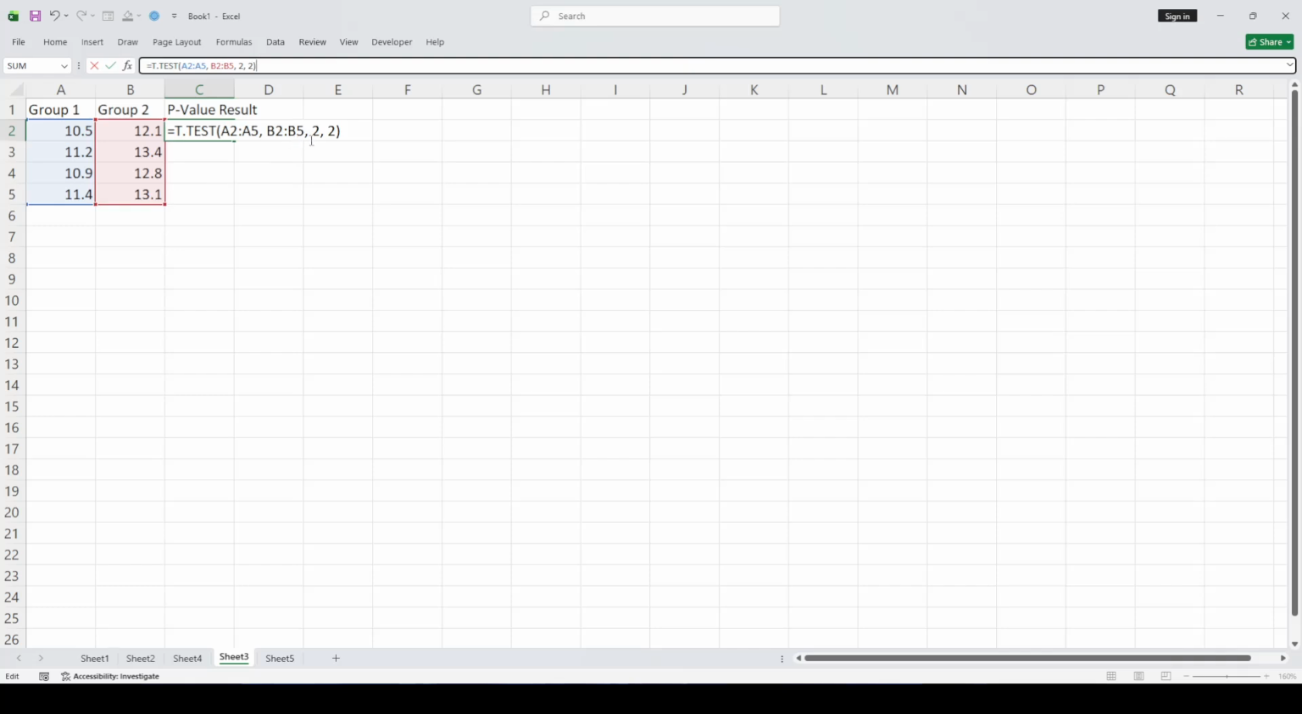After the two ranges, the next number is 2. This value specifies the tails of the test. When you use 2, Excel performs a two-tailed t-test, which checks for differences in either direction. The final number is also 2, which specifies the type of t-test. With the value 2, Excel treats the test as a two-sample, equal variance t-test, using the typical assumption for this setting. Again, you are not making any changes here because the instructions already provide the correct parameters for this particular